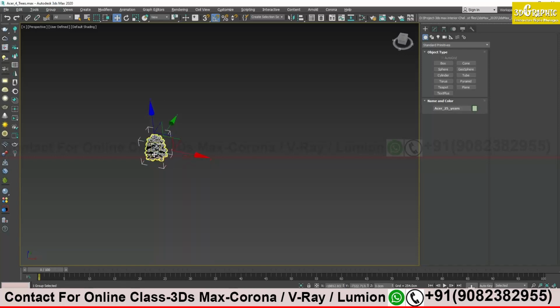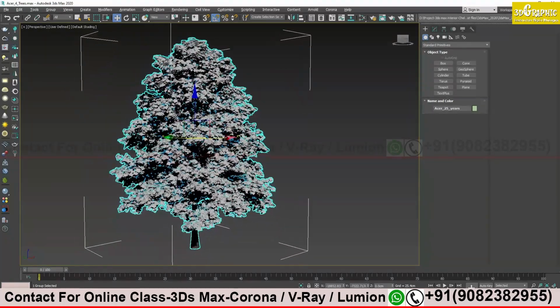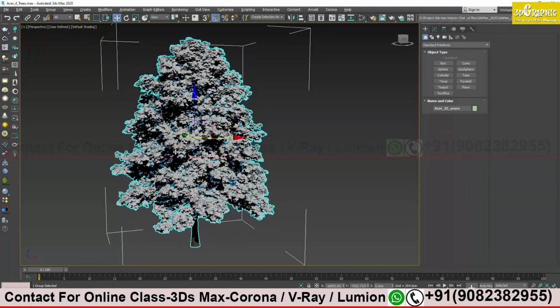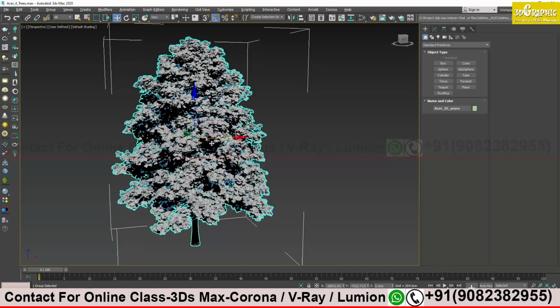See, it's a really heavy thing. This is 3D and it's quite heavy. It needs bigger machines to run properly. So be careful with that. Otherwise you can use 2D as I have discussed last class also.